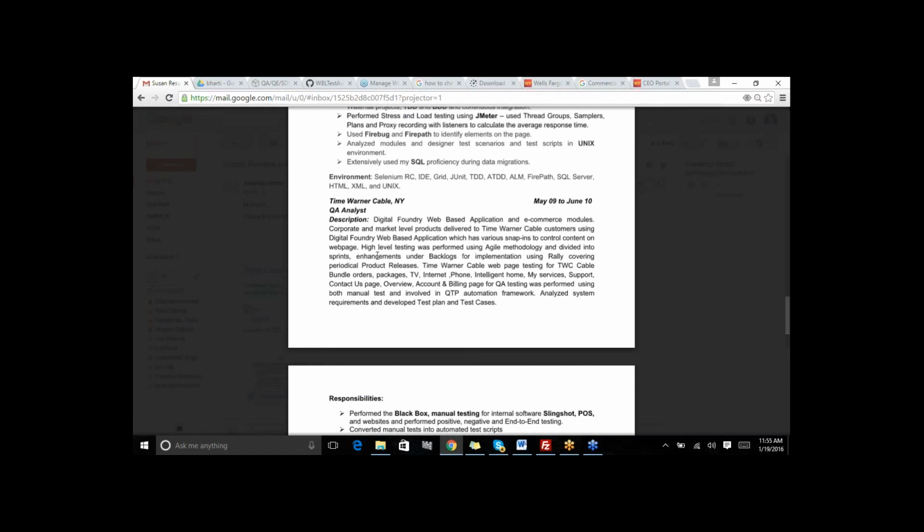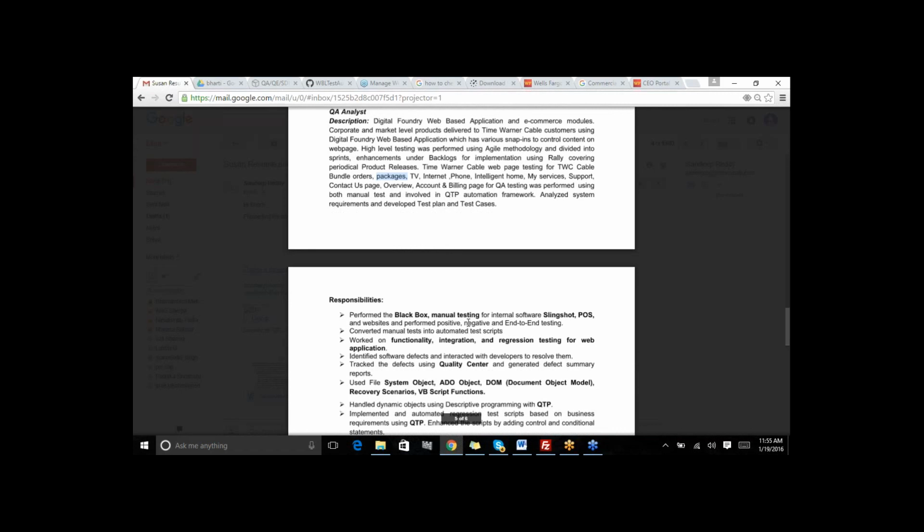Okay. Again, this is your e-commerce. So it's basically ordering your cable and everything related to your packages for your TV, internet, and account billing, everything online. It's a cable company, right? So if you want to get a connection from this cable company, what packages you need, what TV connection you need, how you want to manage that. All these pages are on their online portal, if you need to buy that.